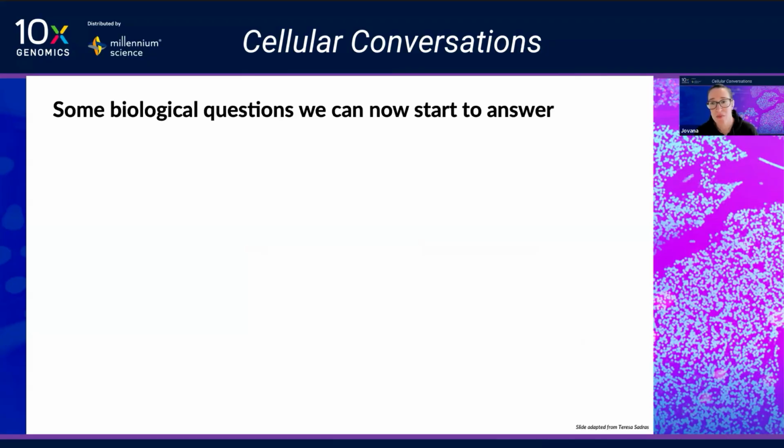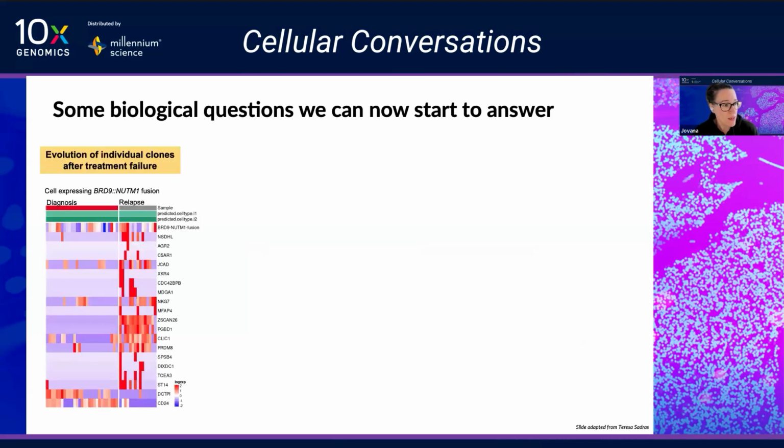So just to finish up, now that we can reliably tag fusions in single cell and sequence lots and lots of cells to boot, what biological questions can we start to answer? Well, firstly, because we can now identify the leukemic subclones that express a specific fusion by sequencing multiple disease time points,